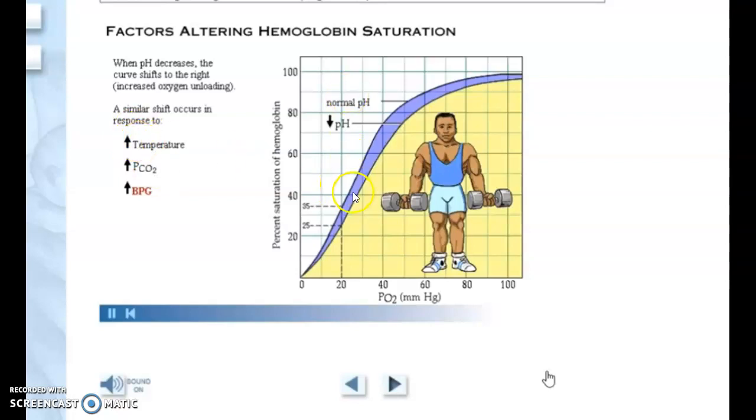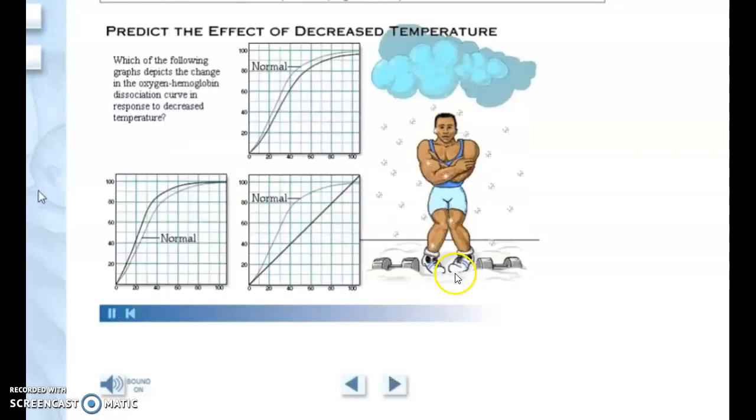If our body temperature rises, then the shift goes to the right. If we produce more carbon dioxide, the shift goes to the right. Produce more BPG, the shift goes to the right. But the opposite occurs as well. Say my body temperature lowers, then instead of the curve shifting to the right, the curve would actually shift to the left. If I'm not producing as much carbon dioxide, then the shift goes to the left. So here we see he's quit